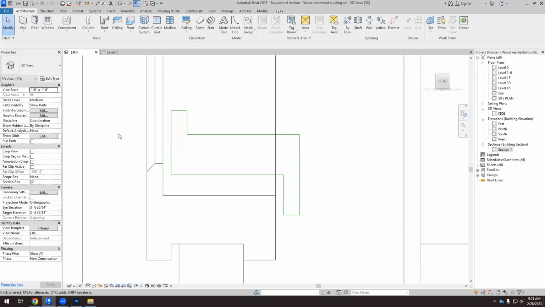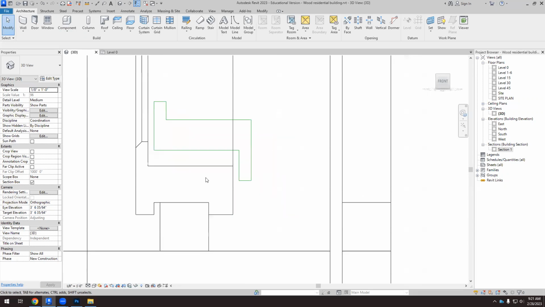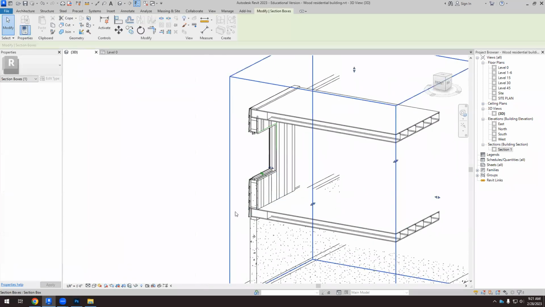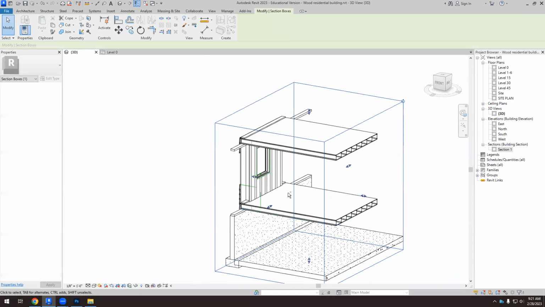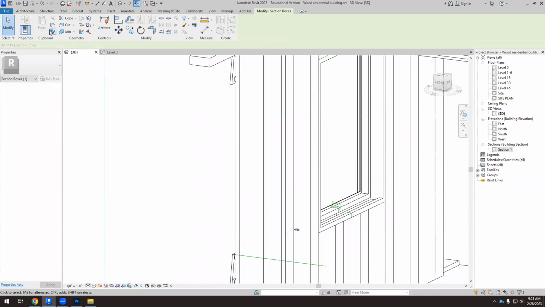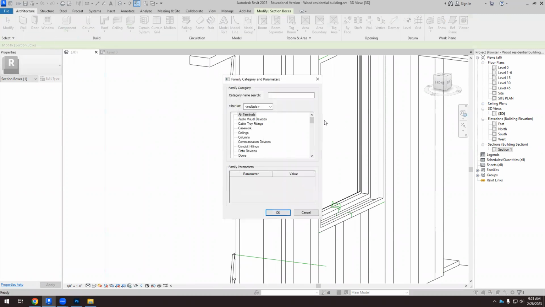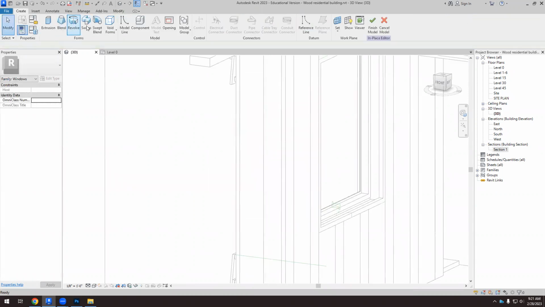So we have this, and now I can go to the 3D view again. I need to see the whole window. And then I'm going to use architecture, component, model in place, window, sweep,